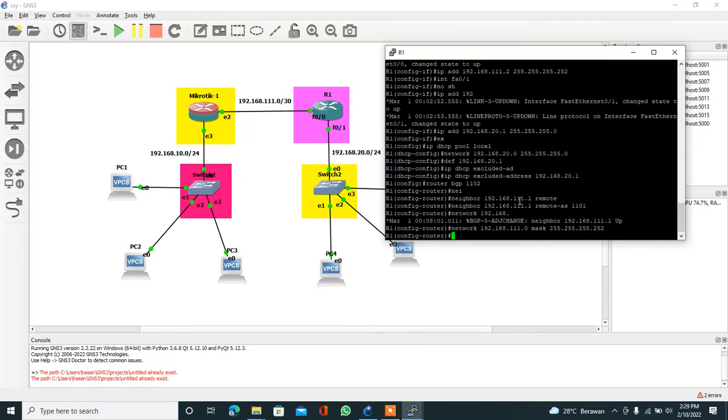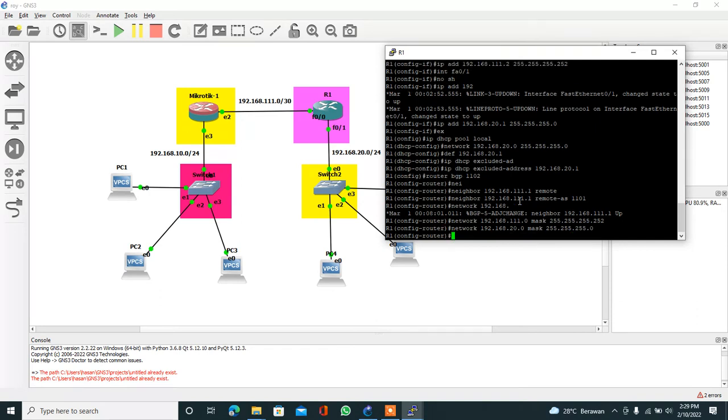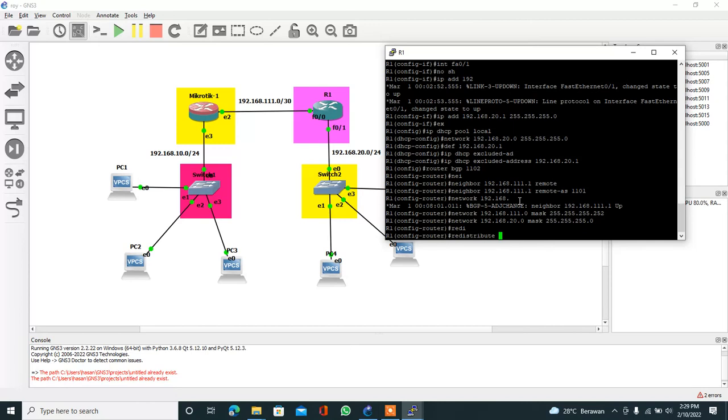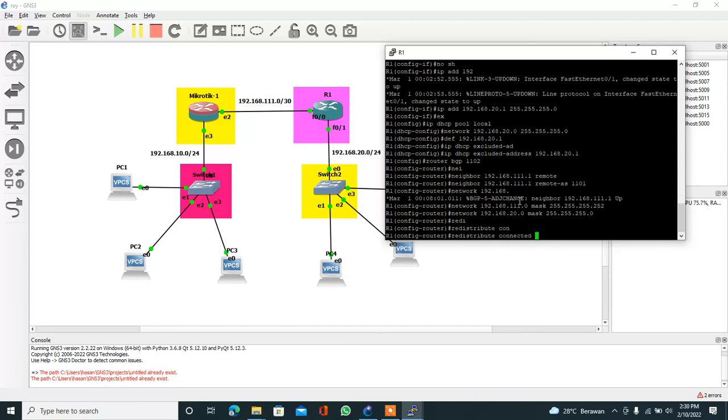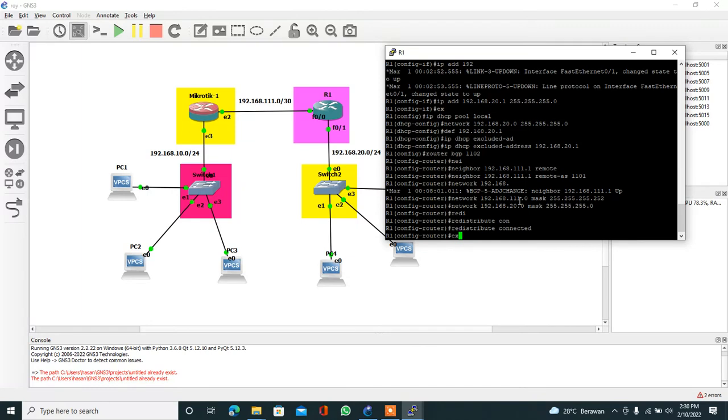Okay, enter, and enter network 192.168.20.0 mask 255.255.255.0. Okay, enter. And for the last command in the Cisco router, redistribute connected, like this. Enter. Okay, exit.